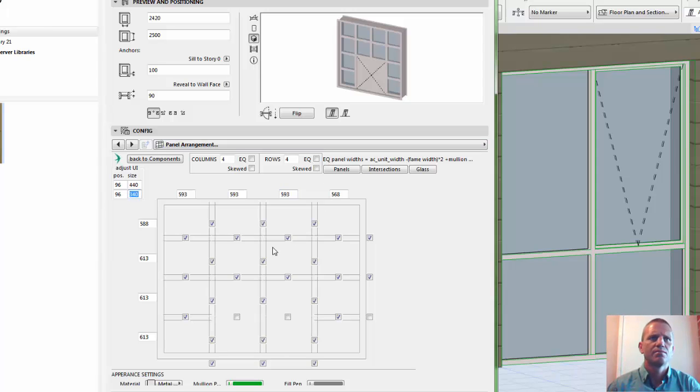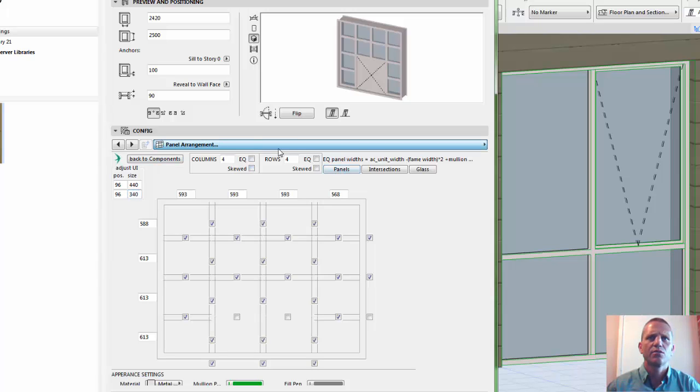Okay, so a simple door. Obviously for a simple internal door we don't want all these mullions and transoms. But we do have an operable element that's located in the middle of them, so we need to move that element down into the first position. Otherwise we get an error message because you're trying to place an operable element in a place that's not available once you reduce it down. So to avoid that error message,